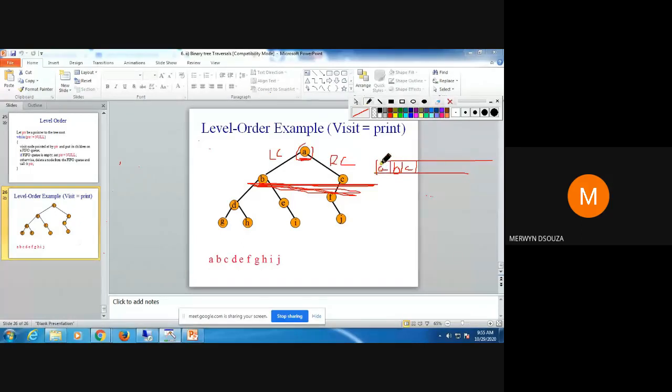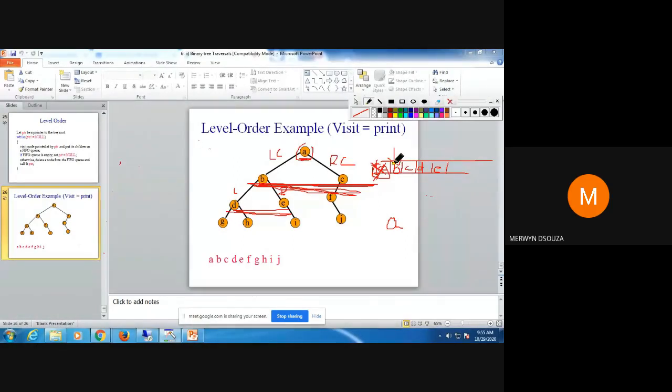And since you have already visited the children of A, you delete this A and write A in the output. Then you come to the first element in your queue, that is B. Check whether it has children. Again it will have a left child and a right child. Store these children in the queue. So you will have D, you will have E.